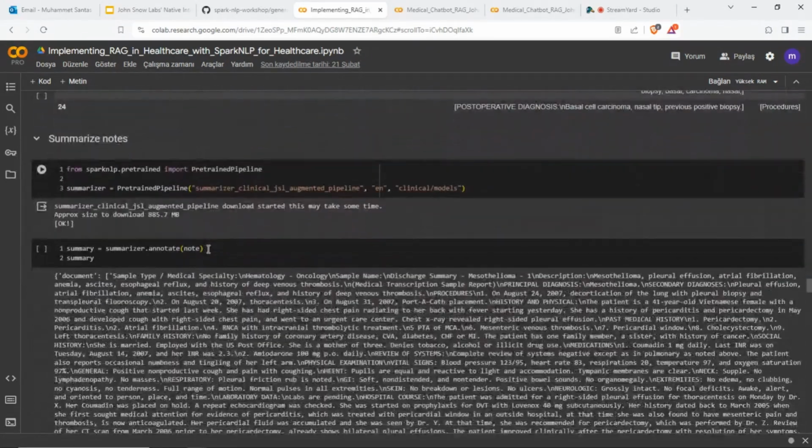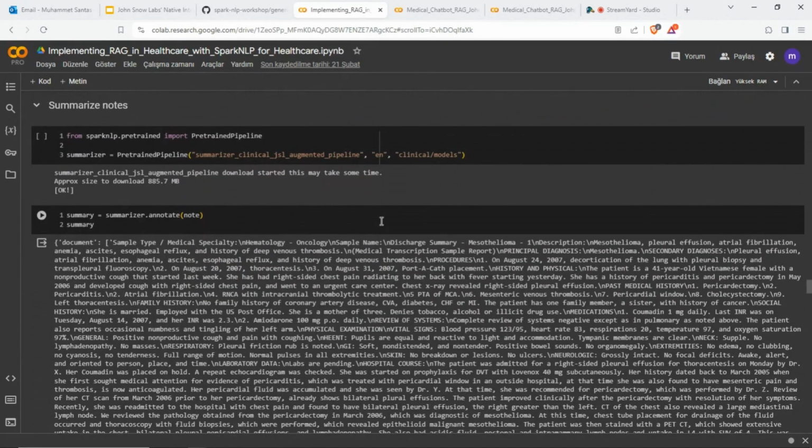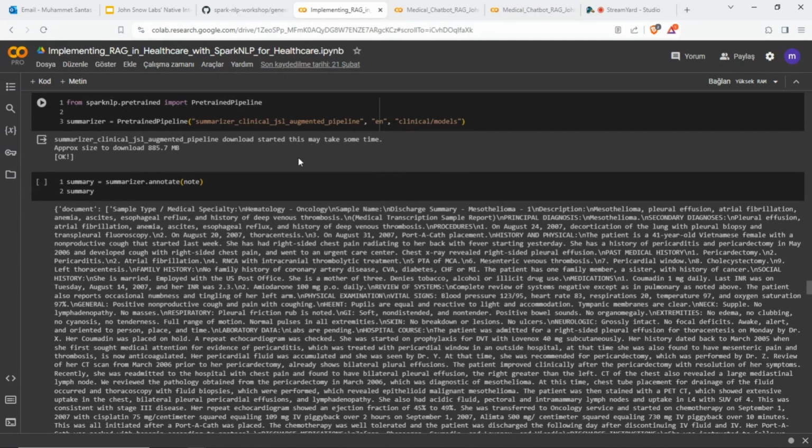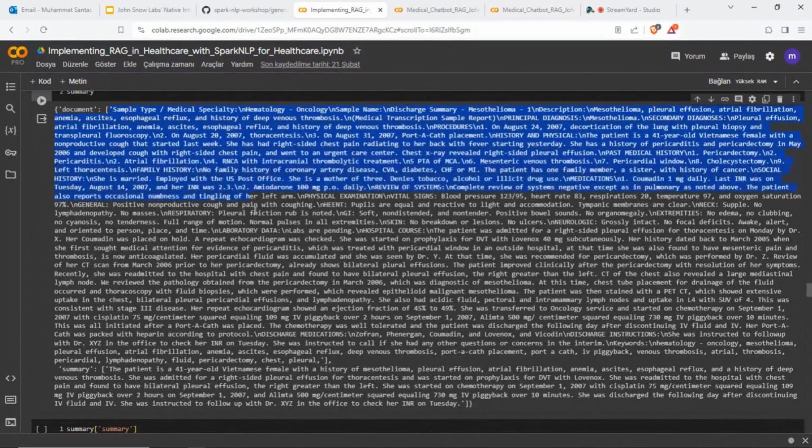So if you have a large corpus of data that you need to process or interrogate with a RAG architecture, but it is too large, and when it is too large, it's too expensive, right? If a summarized version of those documents works for you, you can use the clinical summarization model in Spark NLP and summarize this clinical note,